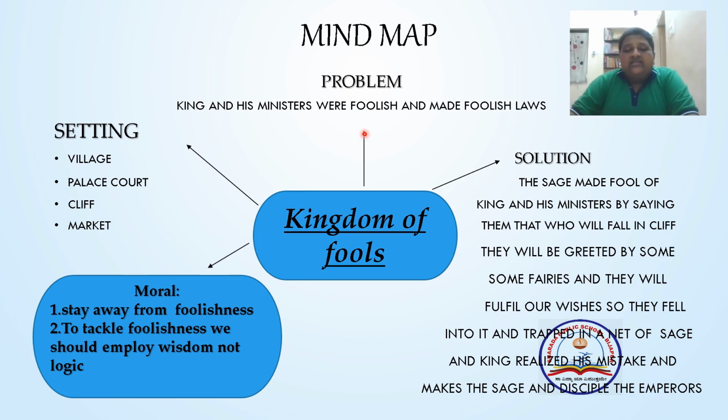So when the king became greedy, he took his ministers and fell into the cliff. He wanted to fulfill his wishes. But